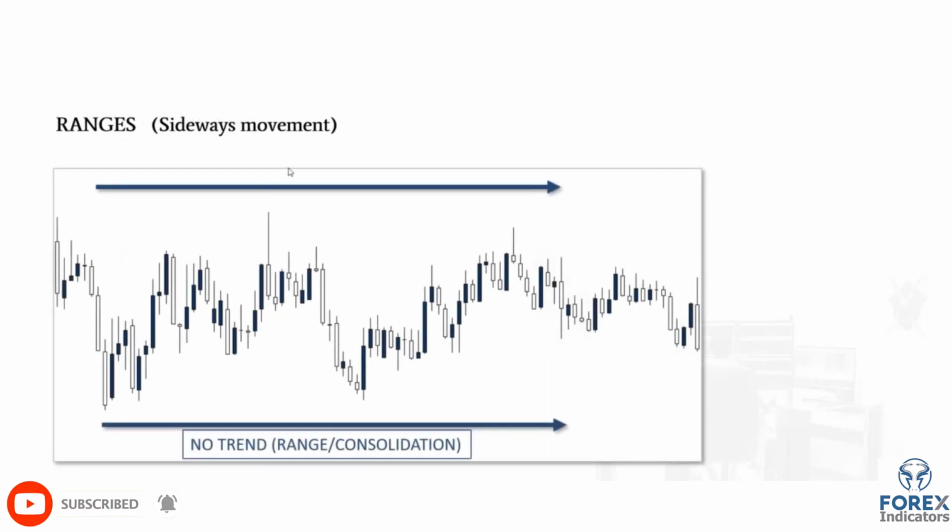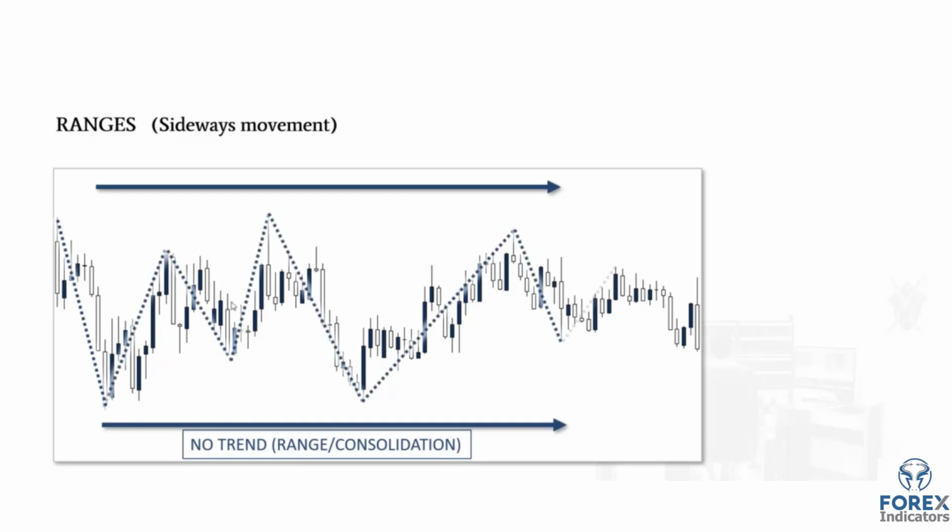If we now look at ranges, which is basically a sideways movement of the market, there is no trend in place and price is just going sideways, and you will notice something very interesting. If you look at this chart, what price is really doing, you still have these potential trend swings here. You have these swings in place. But if you look at the swing points, I think you will notice an interesting pattern, which is that